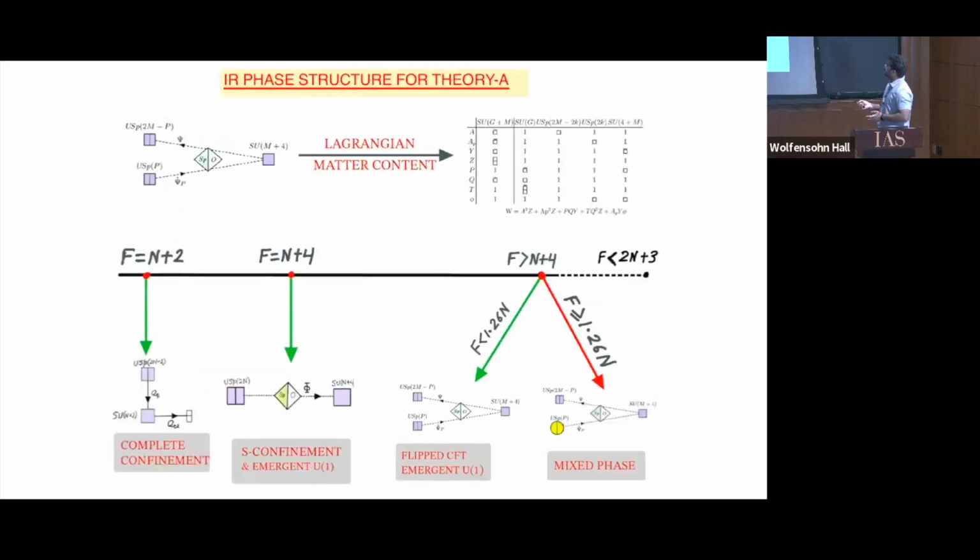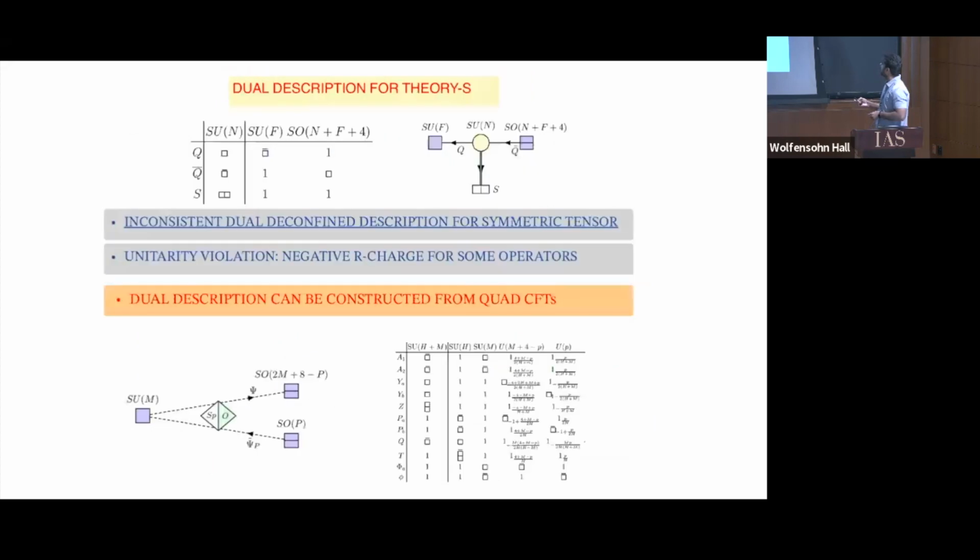So this flipped QUSP theory, if you gauge this group, the Lagrangian that we are getting here is exactly the same Lagrangian we got after deconfinement and dualizing. So this helps us in understanding the full IR phase structure of our SU(N) gauge theory with the antisymmetric tensor. Now, can we do the same thing for the symmetric tensor?